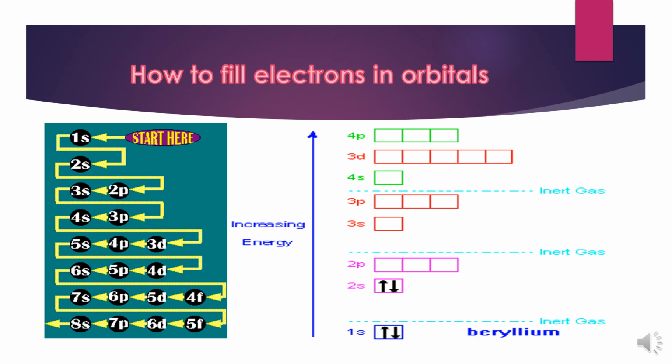Any s orbital can have 2 electrons, any p orbital can have 6 electrons, any d orbital can have 10 electrons, and f orbitals can have 14 electrons. But you need to follow this principle while filling, कि कौन से ऑर्बिटल के बाद आपने कौन से ऑर्बिटल में इलेक्ट्रॉन फिल करने हैं. तो लेट अस सी द इलेक्ट्रॉनिक कॉन्फ़िगरेशन ऑफ फर्स्ट 20 एलिमेंट्स.